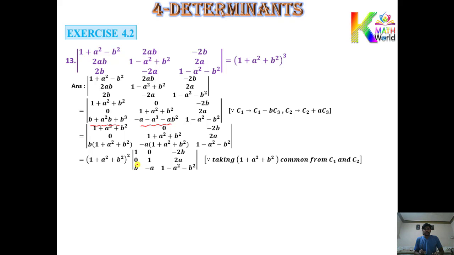you can see here b is there. So if you want to set 0 here, then how can you set it? So add the opposite element of this one. So b is there, so minus b only is required. How do you get minus b? So multiply the first row by minus b and add it into the last row. It means to set 0 here, you can perform on R3, R3 minus. To set 0 here, the opposite of this one is required. So the opposite of b, that is minus b, from the first row you get it. Okay. So on R3, performing R3 minus BR1.